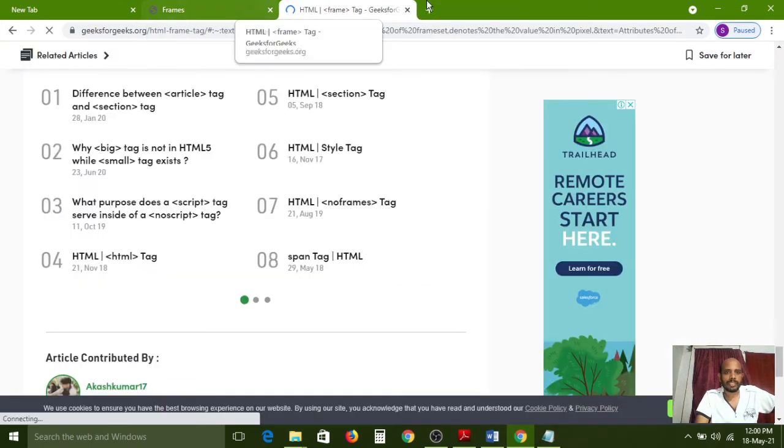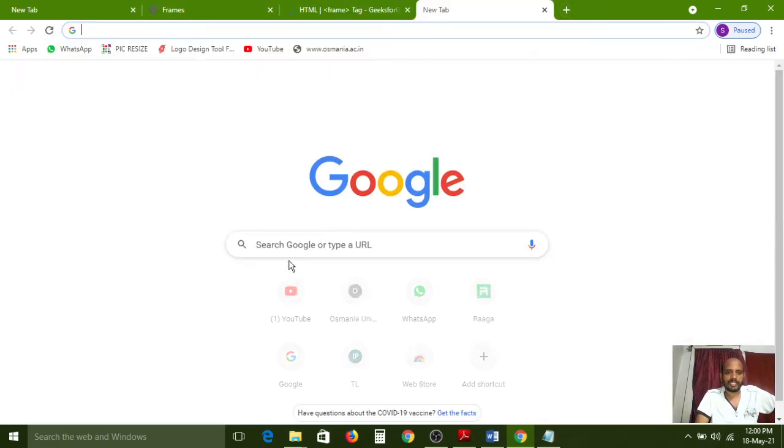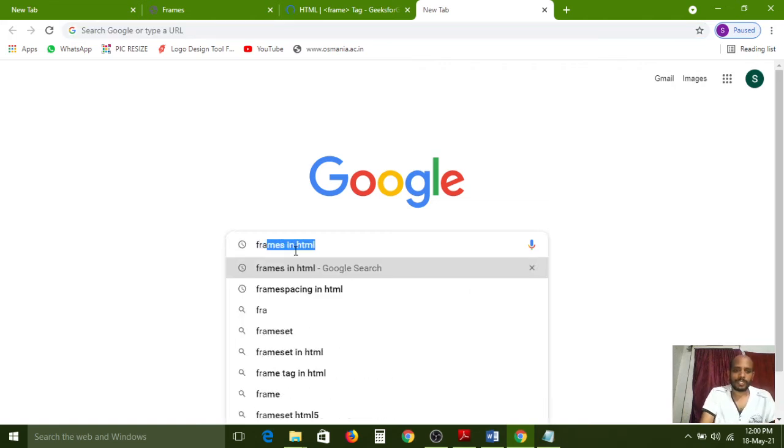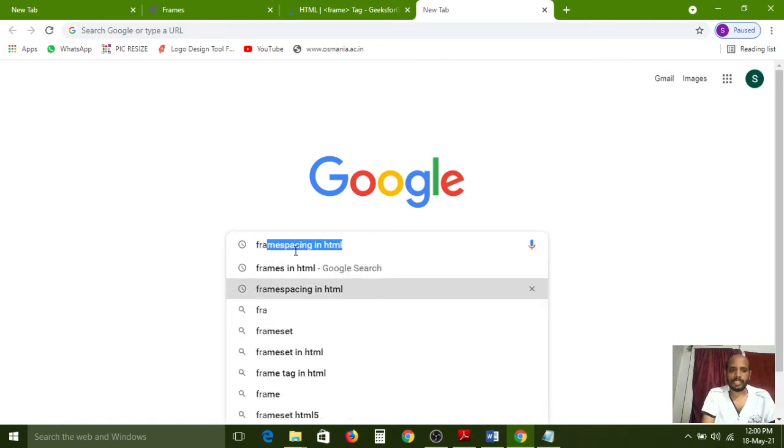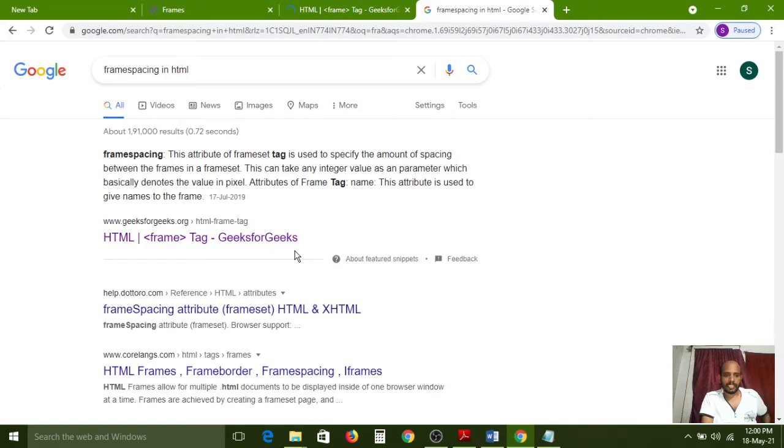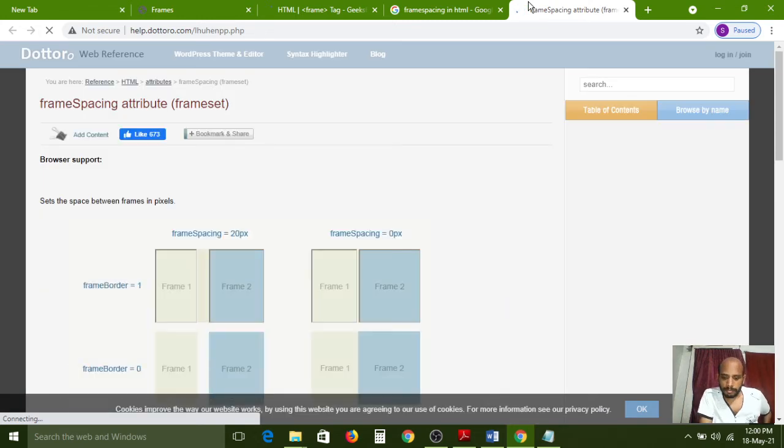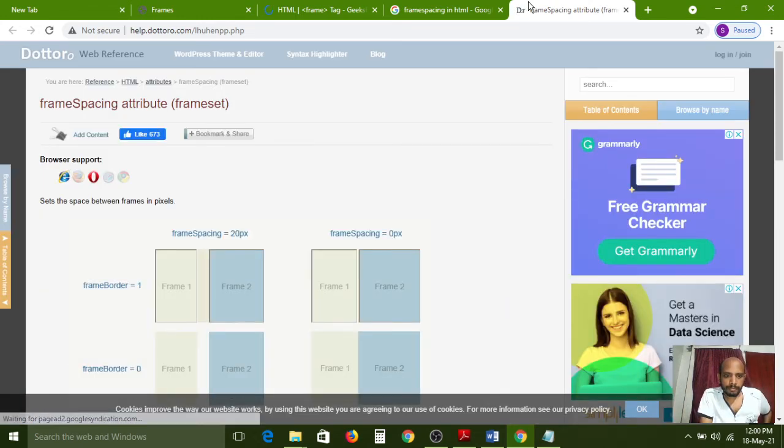I think till now no one should use it. This one, frame spacing in HTML. Yes, here we have to see. Frame spacing 0 pixels means between two frames. Okay.